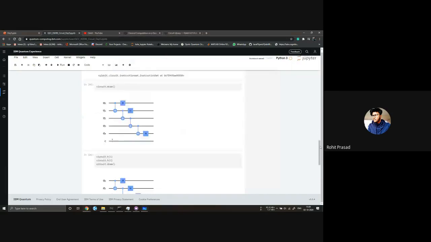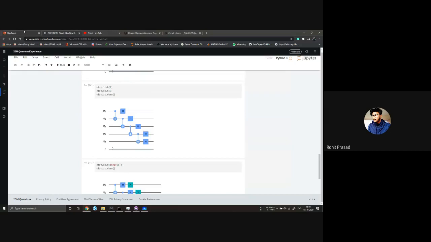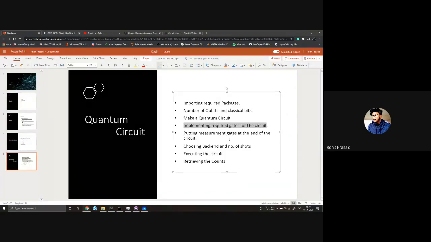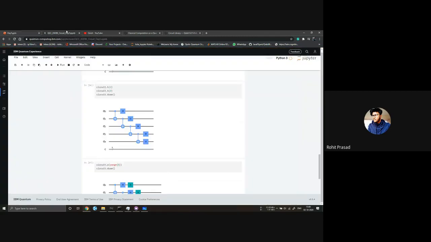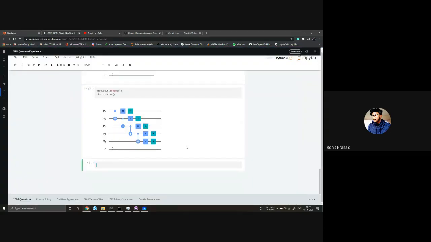Okay, so the next step is putting the measurement gate at the end of the circuit. This is the main part. I forget to put a measurement gate at the end every now and then; if I make a circuit five times, I forget it about two times.